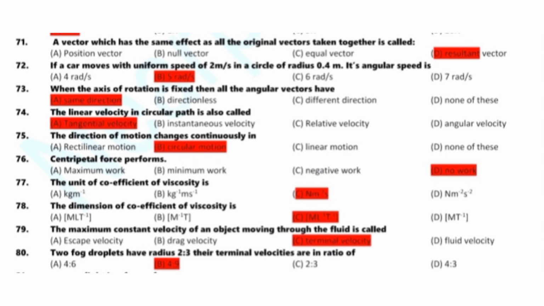The unit of coefficient of viscosity is Newton per meter squared times second, N m⁻² s. The dimensions of coefficient of viscosity are M L⁻¹ T⁻¹. The maximum constant velocity of an object moving through a fluid is called terminal velocity. Two fog droplets have radii in ratio 2:3. The terminal velocities are in the ratio of